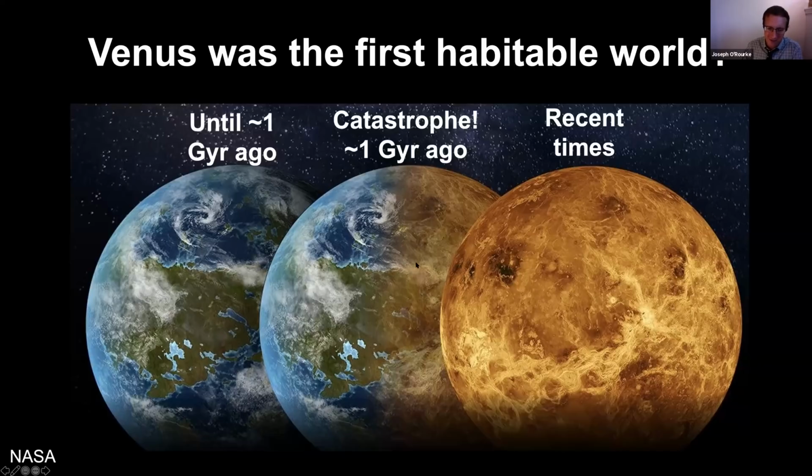So let's delve into this a little bit more, into way more detail. I think we can all agree that if Venus was an ocean world for billions of years, that's super awesome to know, and we should try to find out if we can. So let's see what it would take to get definitive answers.